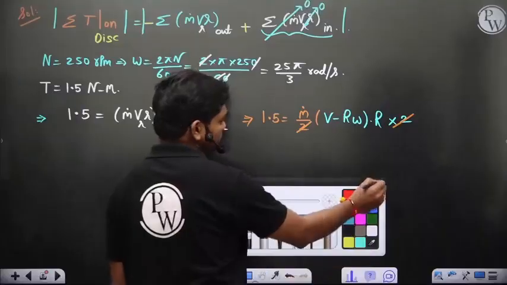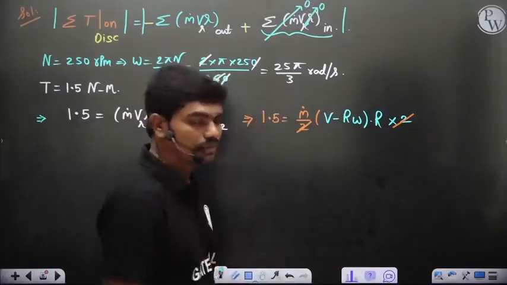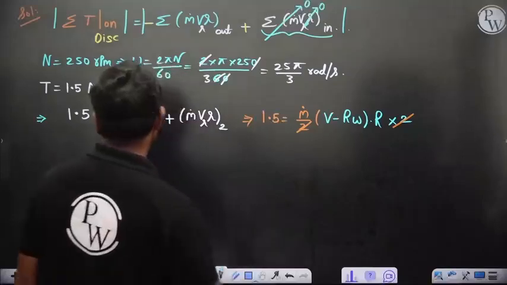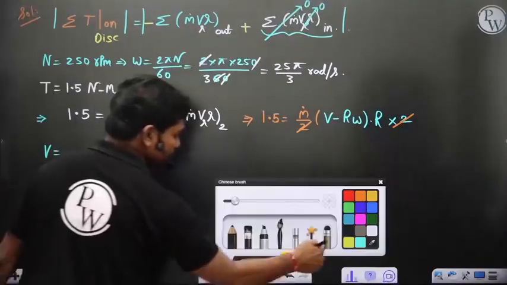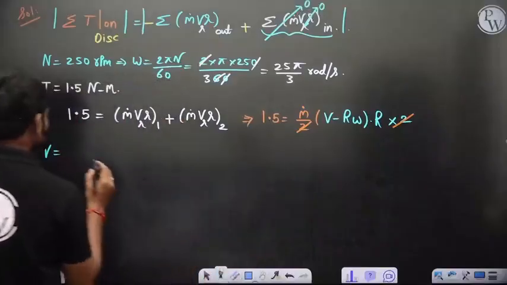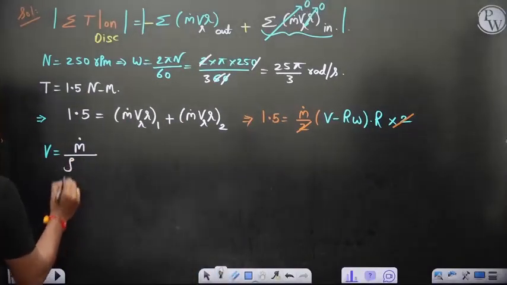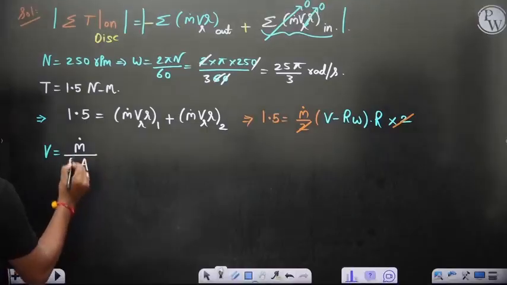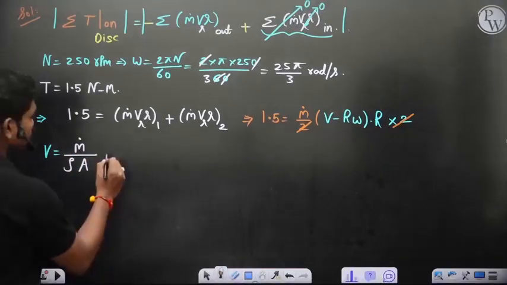Then let's see what is this v in this case. Omega हमको पता चला, so this is like 25 pi by 3, but what is v? So v is nothing but the velocity at which fluid is coming, normally by continuity we can answer, which is like m dot by rho area. So area is what we have, okay? Because m dot equals rho A v, so v equals m dot by rho A. So at each section